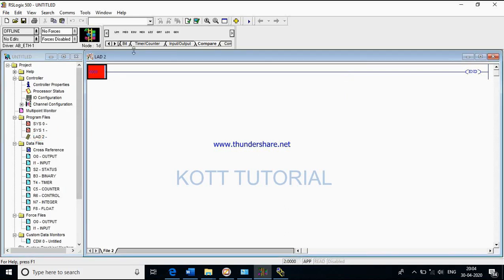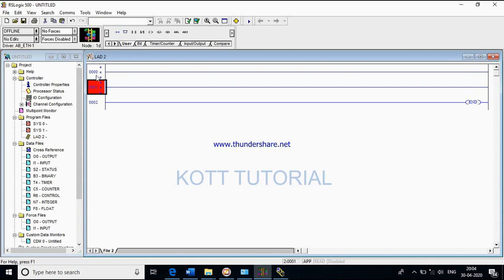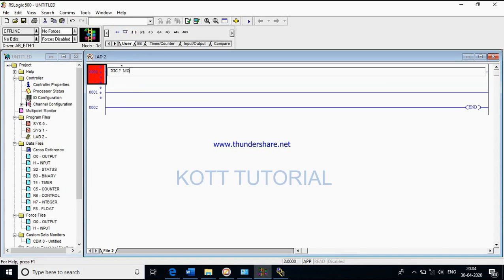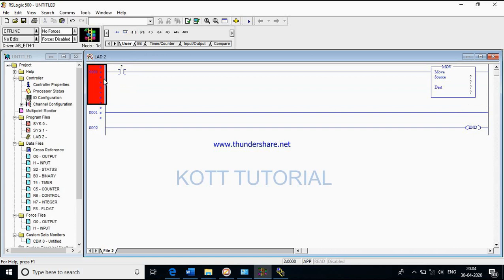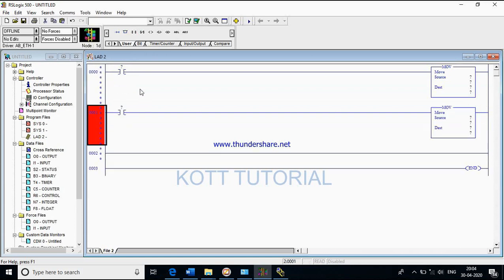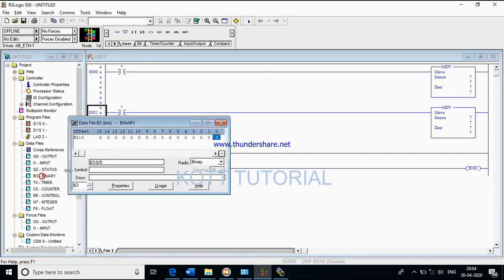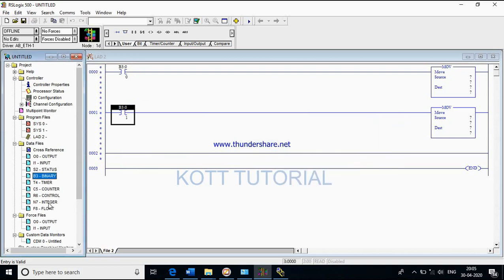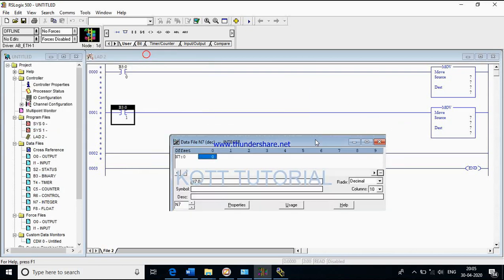Now we have to develop a very simple ladder logic program. I am defining the address for this normally open contact, drag and drop. I would be using one integer also.